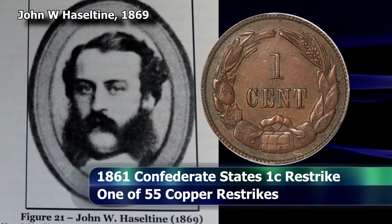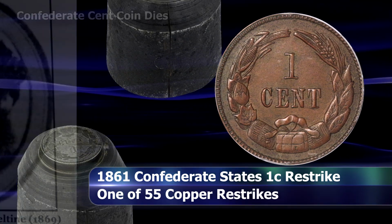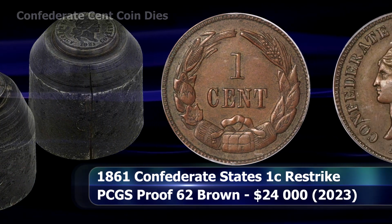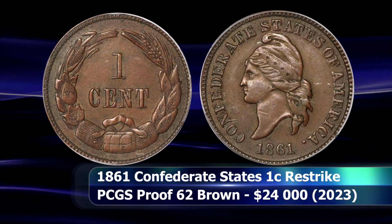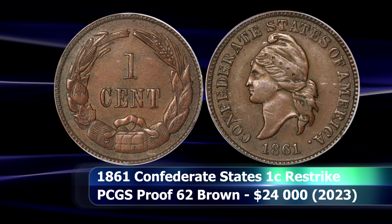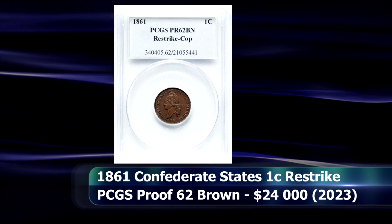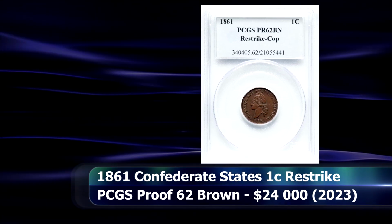As word spread, coin dealer William Hazeltine bought the remaining coins and dies from Lovett. He then created another 55 restrikes in copper, of which this one is an example of. Graded by PCGS as Proof 62 Brown, it sold at auction for